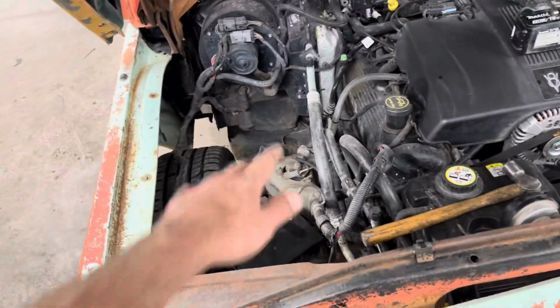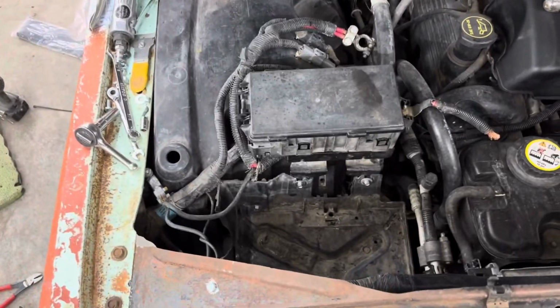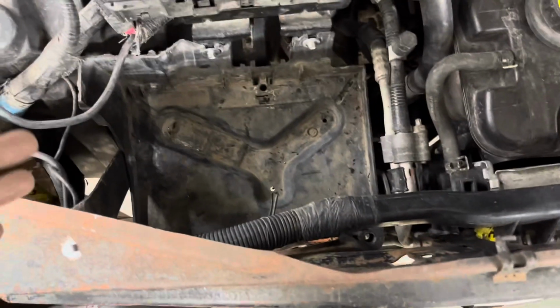But for now, I'm gonna go ahead and put that fender liner in. All right, there it is. It's in there. So what my dad did, I didn't have anything to do with it except for install it,